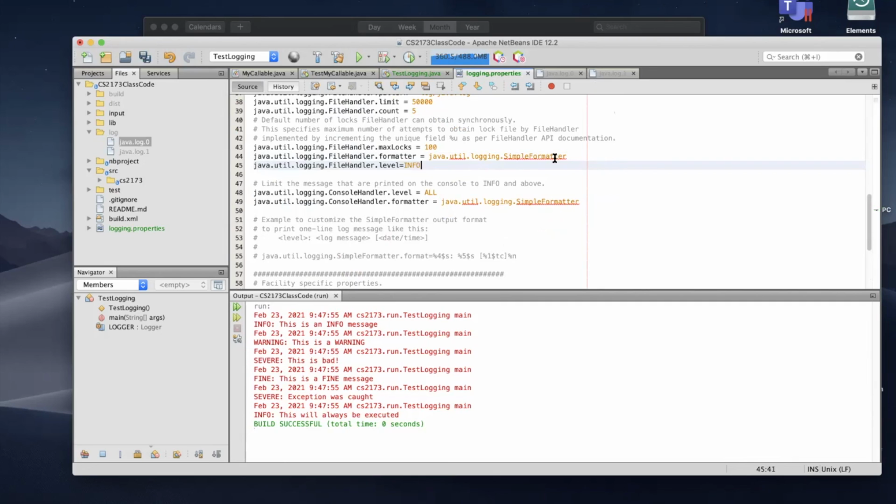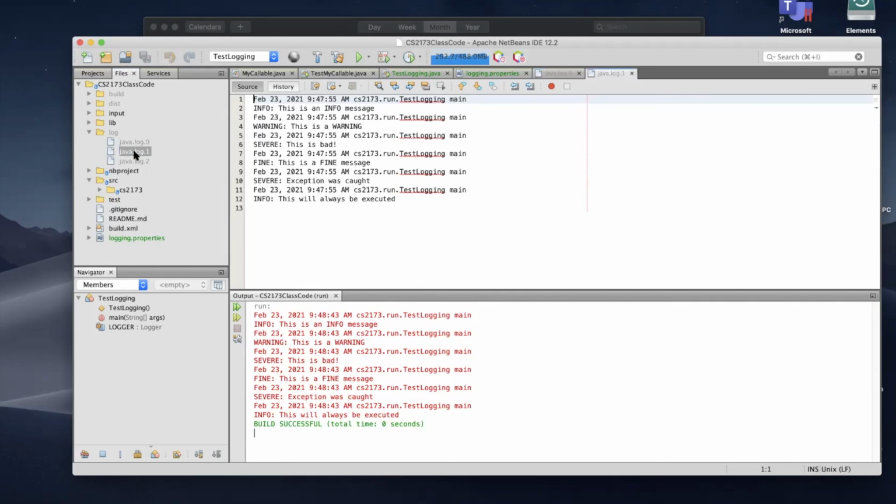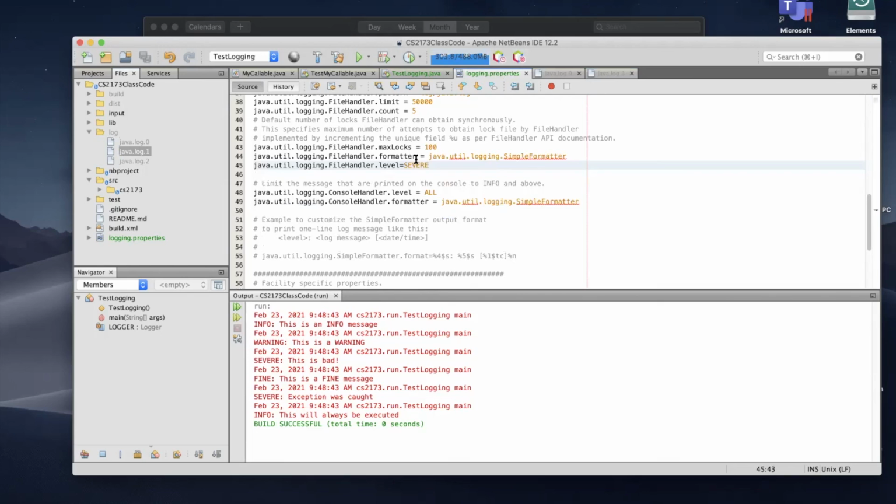let's only put the info ones in. Or actually, let's put the severe ones in. So now when we run it, the new one only has severe messages. The console has all of them. And this was the previous one. So what it does is every time we run it,